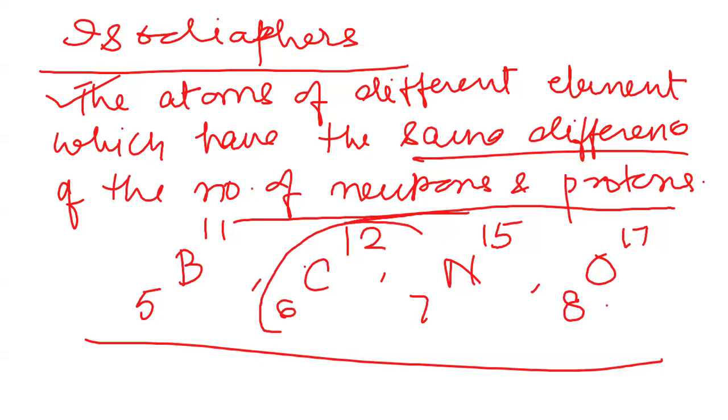So do you think carbon exists? In the case of boron, what is N minus P? N minus P will be 1 in boron. In carbon, it would be 0 because the number of neutrons is 6 and the number of protons and electrons is 6 each. So neutrons minus protons will be 6 minus 6, so 0. So how does it fit into isodiffers?